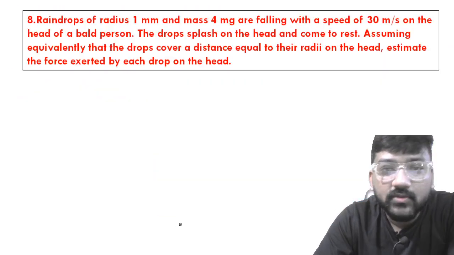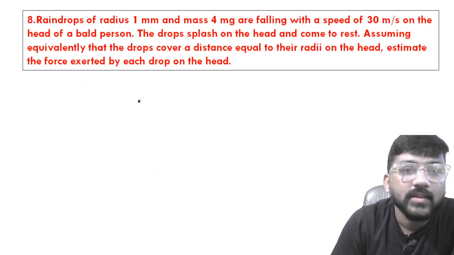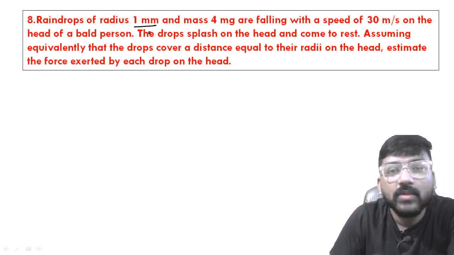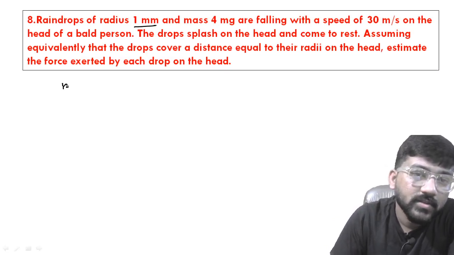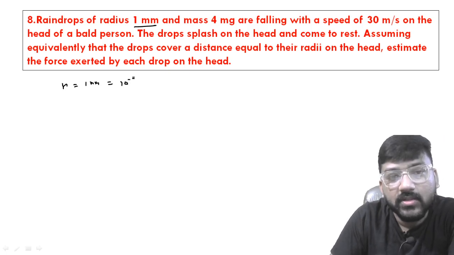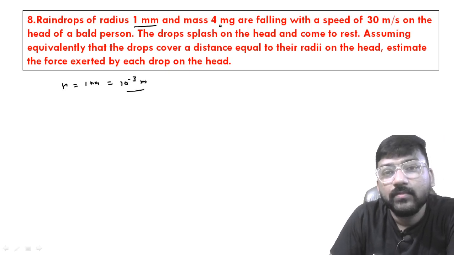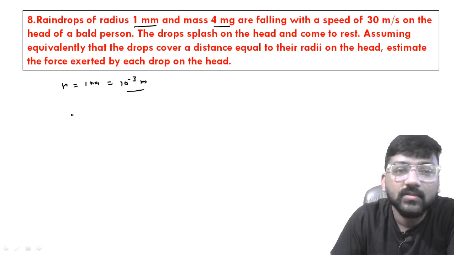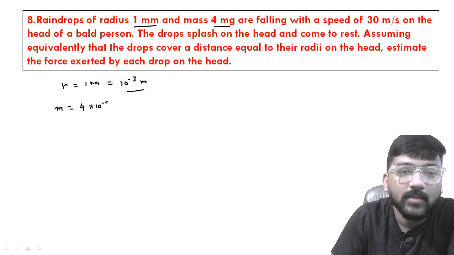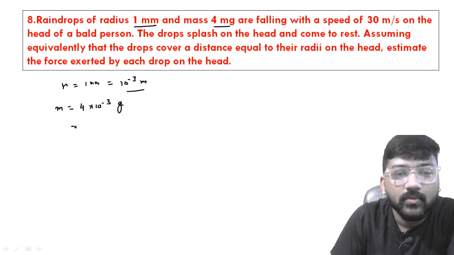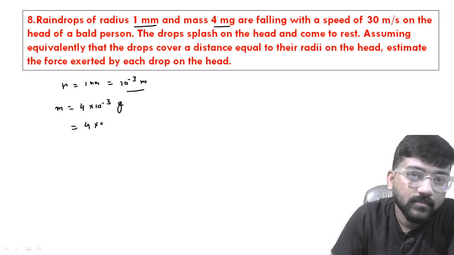Okay, let us solve the next question, that is question number 8. What is it saying here? A raindrop of radius 1 millimeter. So here the radius is just 1 millimeter, and 1 millimeter means 10 to the power minus 3 meter, you know. And the mass is just 4 milligram, that means 4 into 10 to the power minus 3 gram, and that is 4 into 10 to the power minus 6 kilogram,